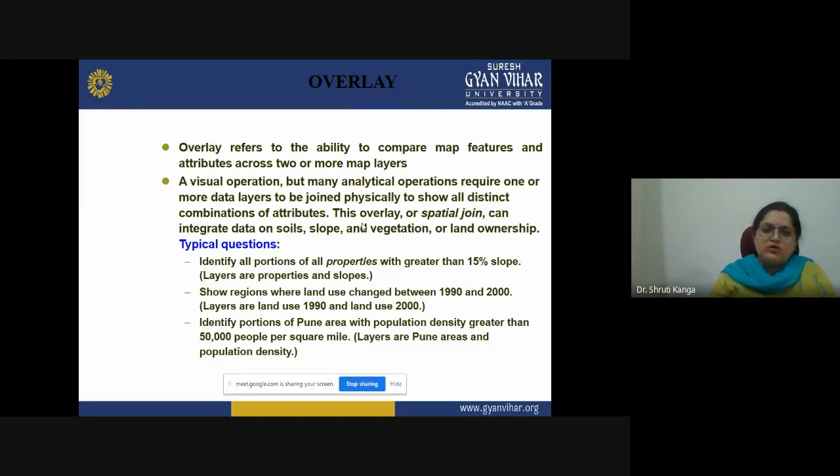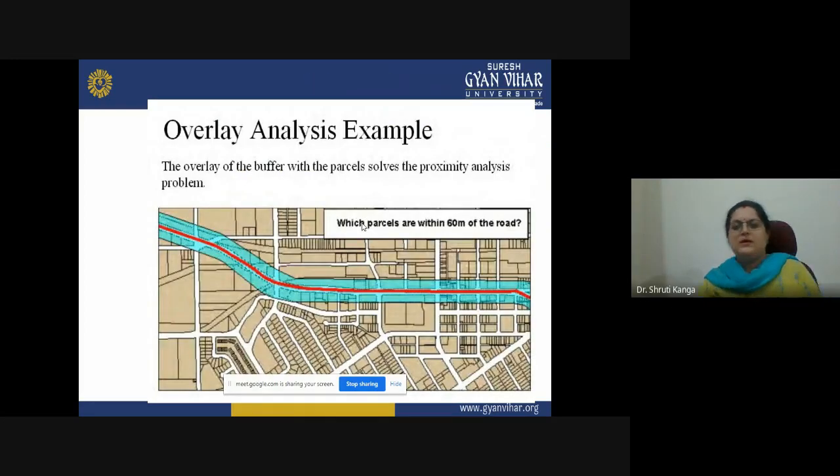So in overlay, we are trying to compare map features and map attributes across two or more map layers.